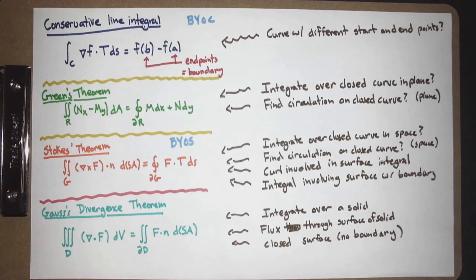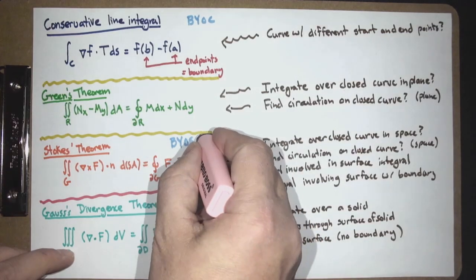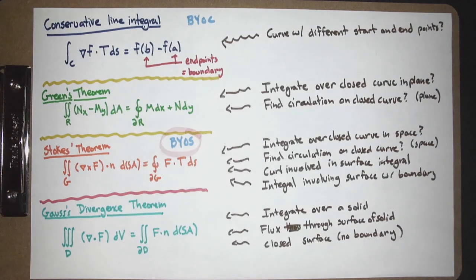Now there's a couple of notes here you may notice. What does this BYOS stand for? Yeah. For most Stokes' theorem questions, it's usually the fastest way to go. If they give you a surface, you say, I could do better than that surface. And so you might say, well, what's an example? Well,